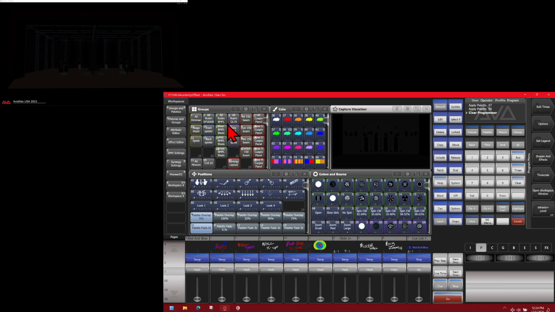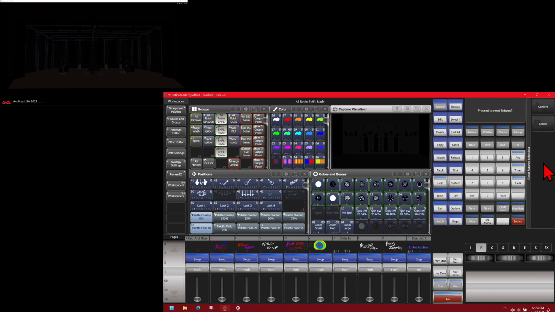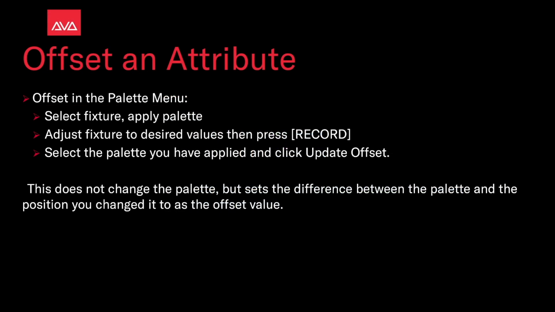We can also go ahead and just remove that again. So again, we'll just go into patch, edit fixtures, they're already selected, and reset behavior, and confirm, and hit exit and clear out. Offset in the palette menu, select the fixtures, apply a palette, adjust the fixtures to the desired